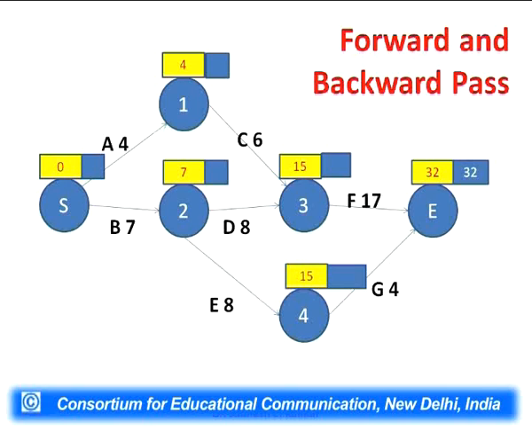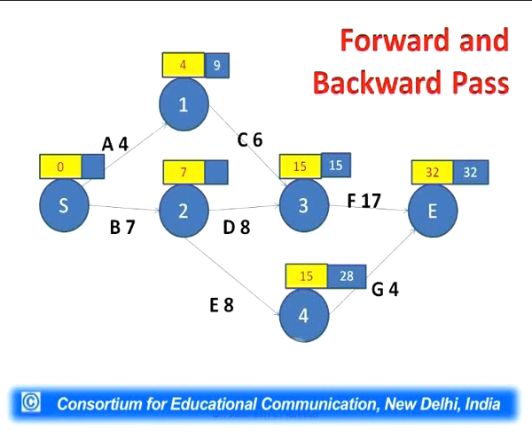From E, we will come back to node 3, we will come back to node 4, and we will write the timings. If we are coming at 3, we will subtract 17 from 32, so that will make it 15. If we come to node number 4, 32 minus 4 is 28. So we'll write 15 and 28. So this is the way to complete these milestones. 15 has been written in node number 3 and 28 has been written in node number 4. Now other nodes, node number 1 and number 2 will be completed.